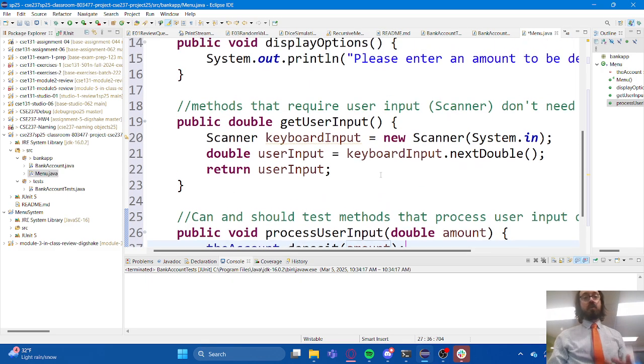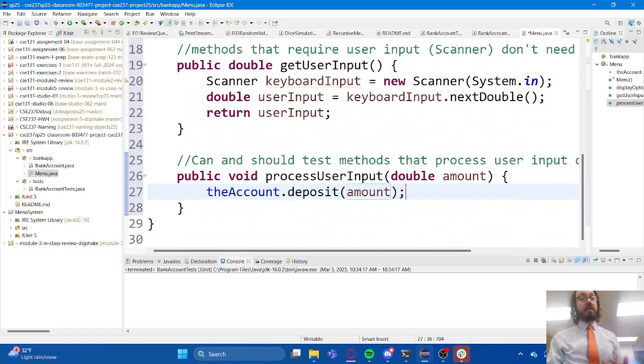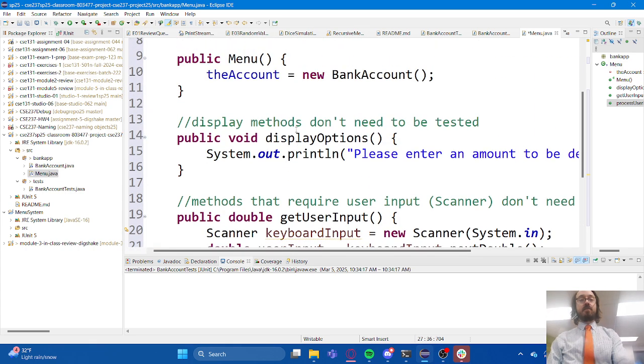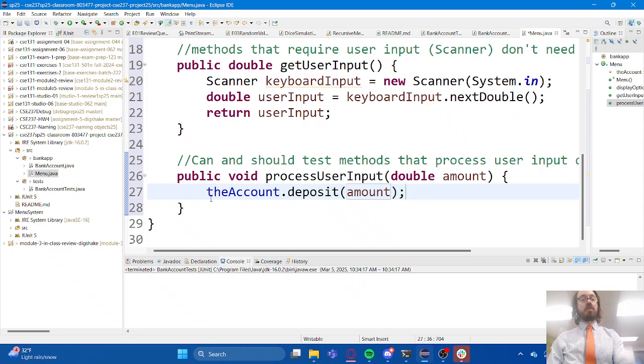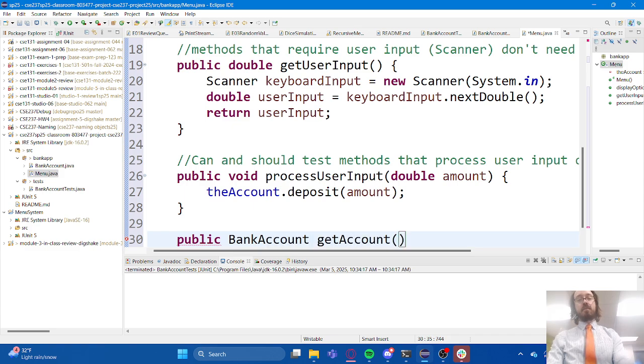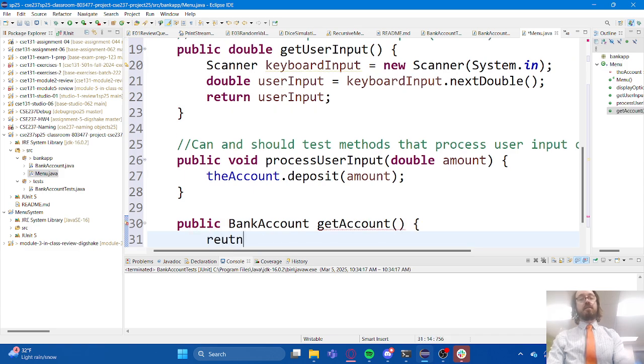But I do think that it's important to keep those three things separate and test this, right? So if the user says they want to do a deposit of this amount, make sure that can actually happen. And in order to test this, we need to have probably some sort of getter. So I'll say public bank account get count that returns